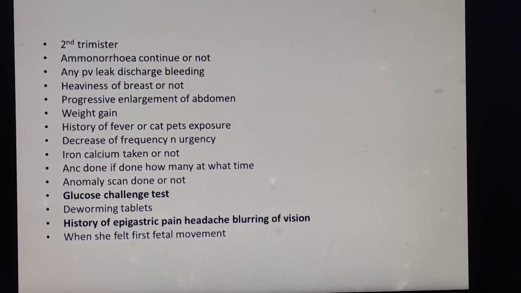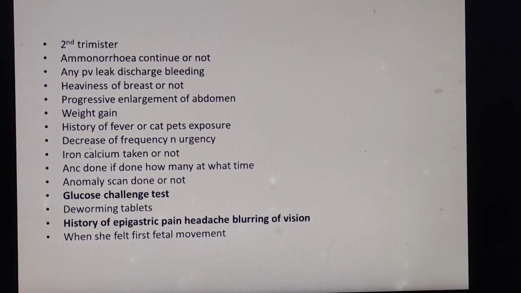Now, this is an important thing. Any history of fever or any exposure to pets like cats or something, because we're suspecting whether the patient had any TORCH infection. We do not want you to have a TORCH group of infection. That will be very dangerous, and this should be normal: your frequency and urgency of urination should reduce. It should happen. If it does not reduce, then there is a pathology, you might be having an infection,